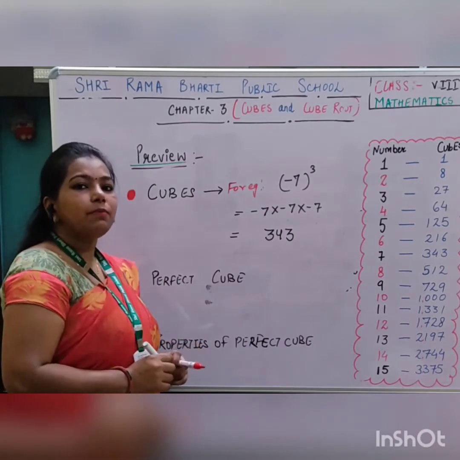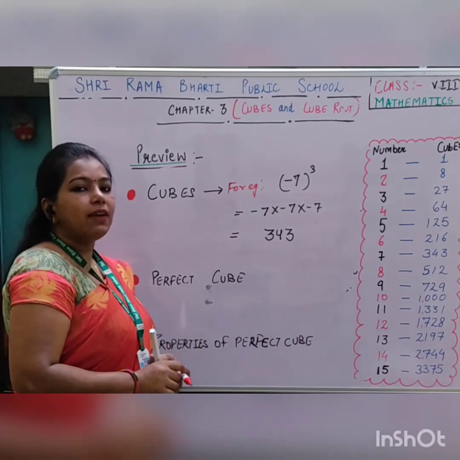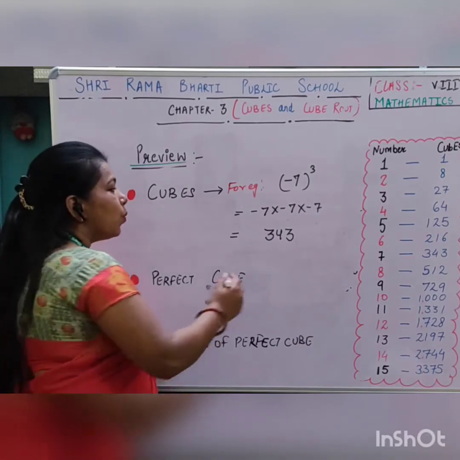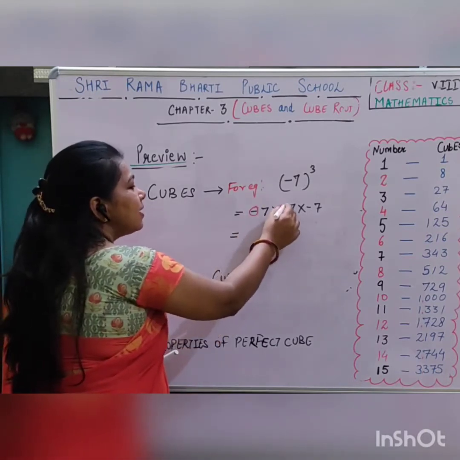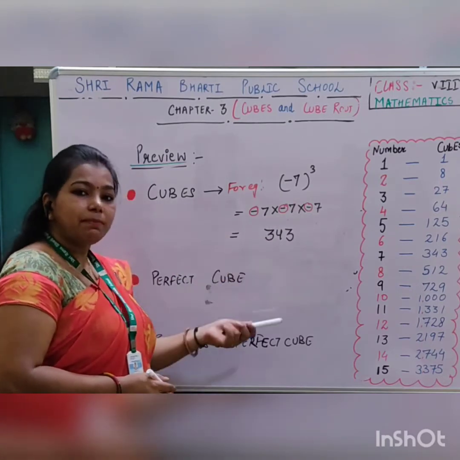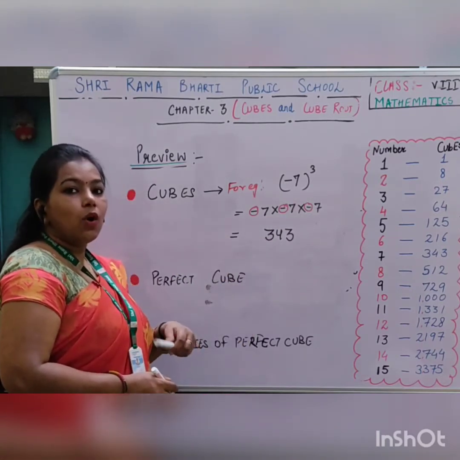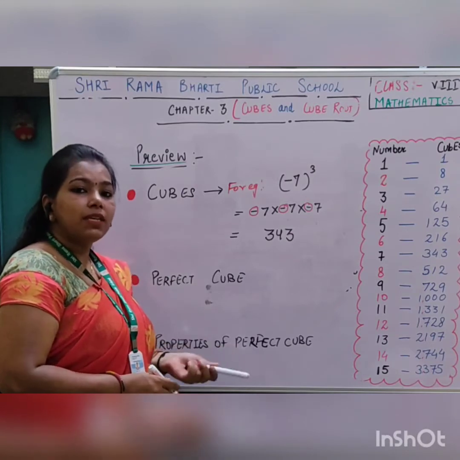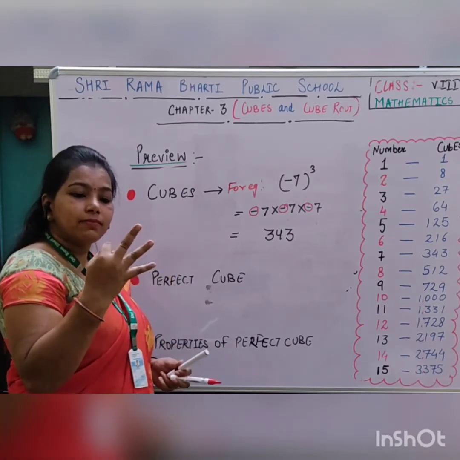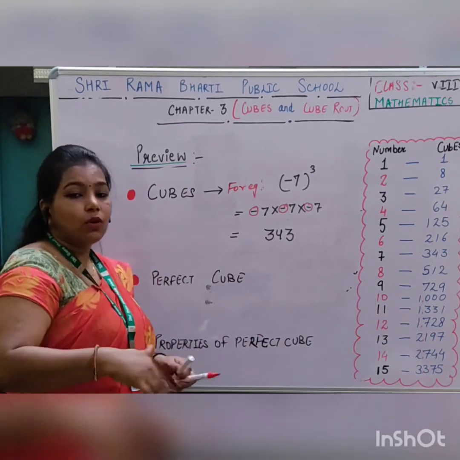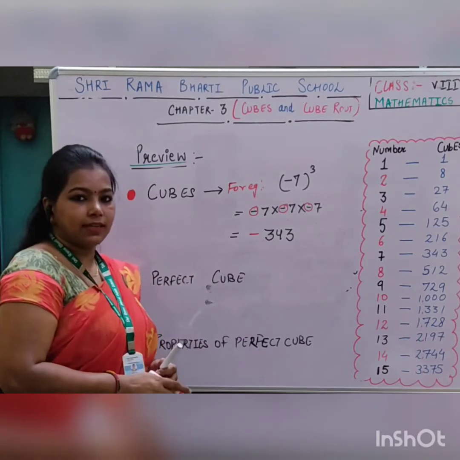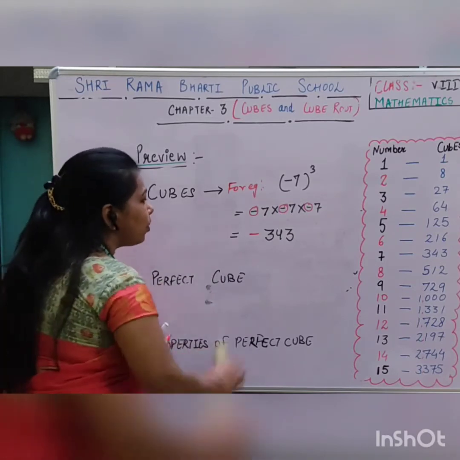Now the interesting point to be noted here, as we have already learned in our previous chapter, is that the sign of minus is getting multiplied with itself an odd number of times. Odd number means 1 time, 3 times, 5 times or so on. So our answer would always be in minus. Let me show you a few more examples.